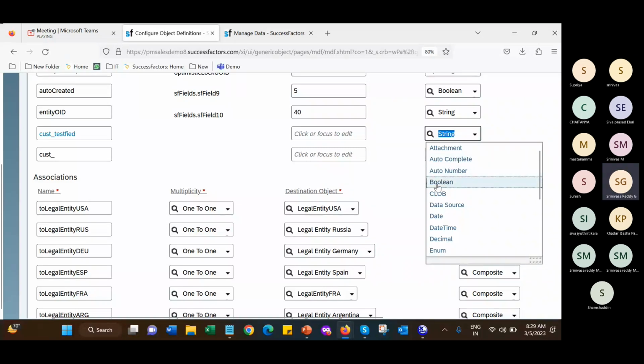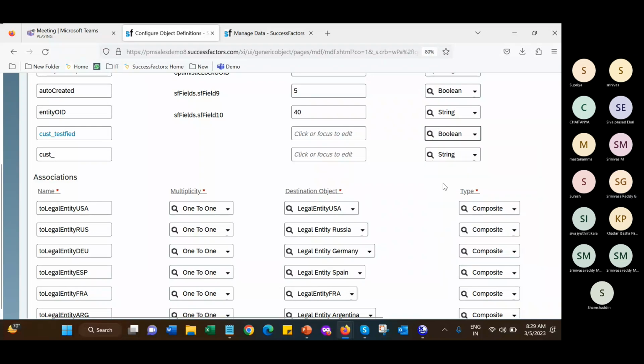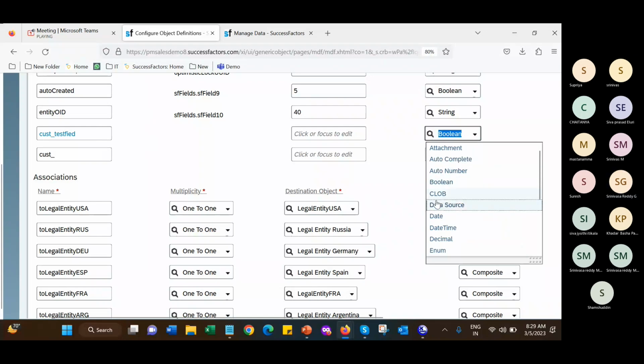Boolean means this field will give only two values, yes or no. When you select Boolean here, that field gives the yes or no options. Globe, we never use this one. I don't have an idea, we'll check. And data source, date and time, decimal, enum, numbers related, pick list related,